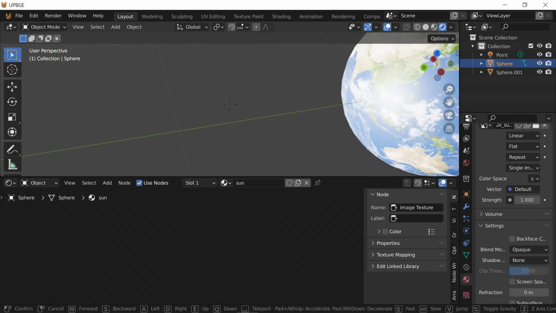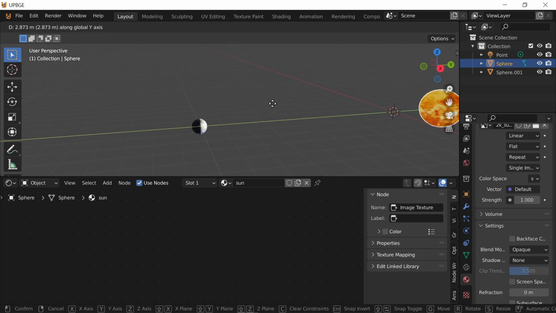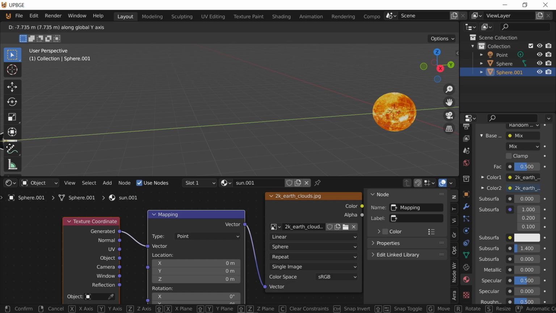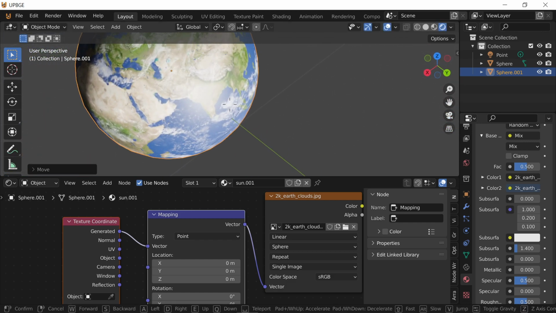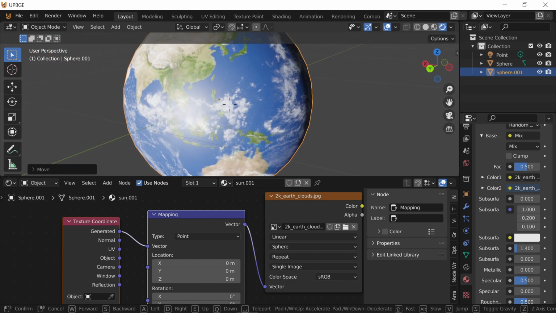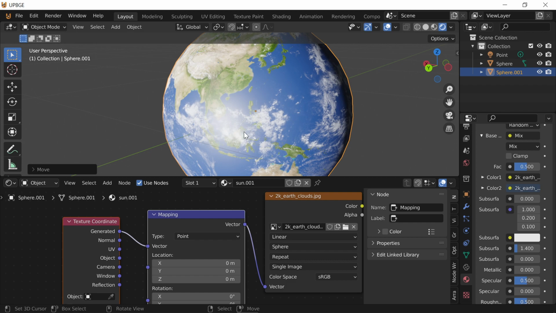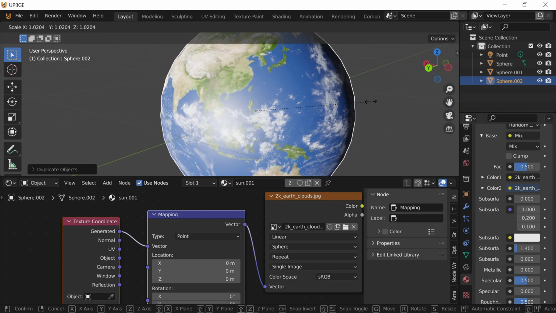Now we've got a nice light bouncing off of this, so just move this back a bit because the earth isn't that close to the sun, and you can see the clouds are actually working. Now I said I'm gonna make an atmosphere for this, so I'm gonna Shift D, scale it up just a little bit,